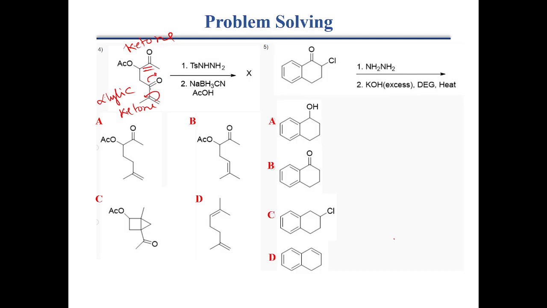So due to that it is more electrophilic. So between these two, if we treat this compound with tosyl hydrazine, this will react first. So what happened in this case if we treated this with tosyl hydrazine,